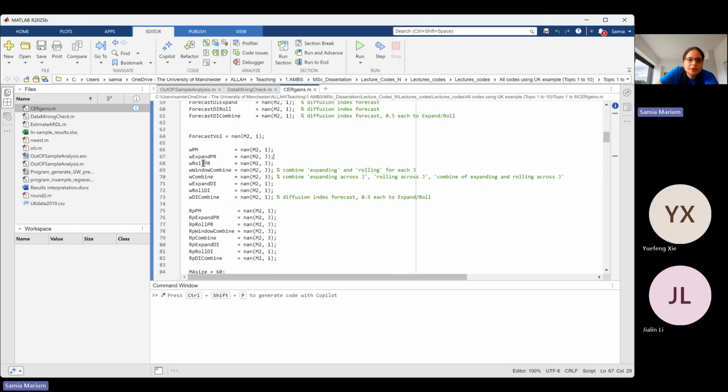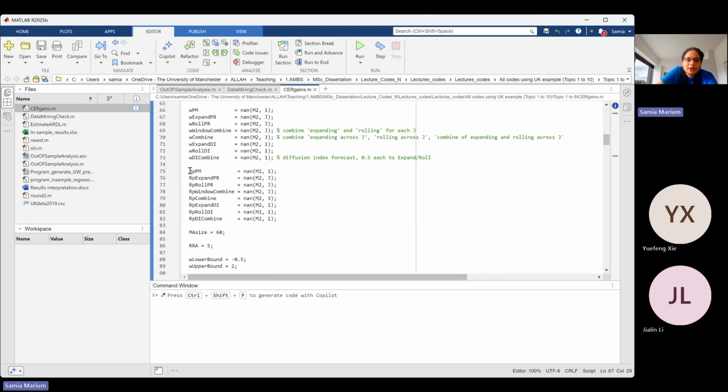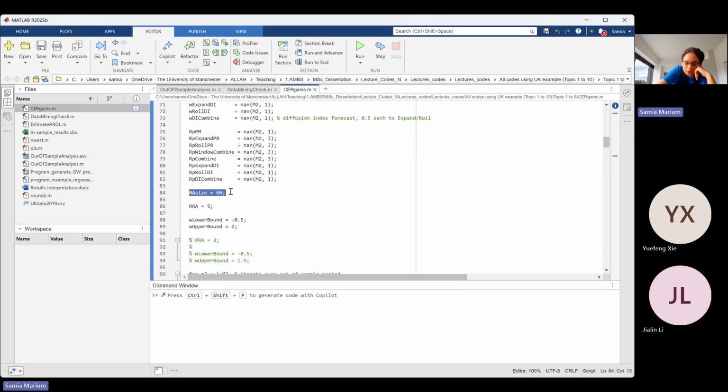So 1, 2, 3, 4, 5, 6, 7, 8, right? And then we have to calculate the portfolio return again for the 8 sets of forecasts and save these in these columns and matrices. Now, what is M size equal to 60 here? Basically,